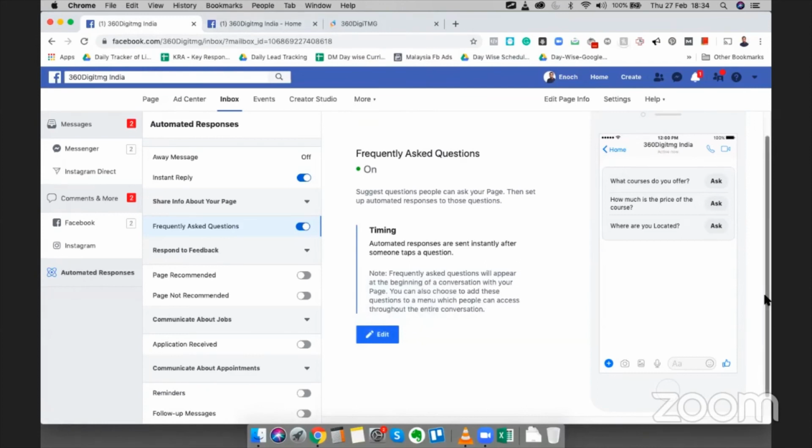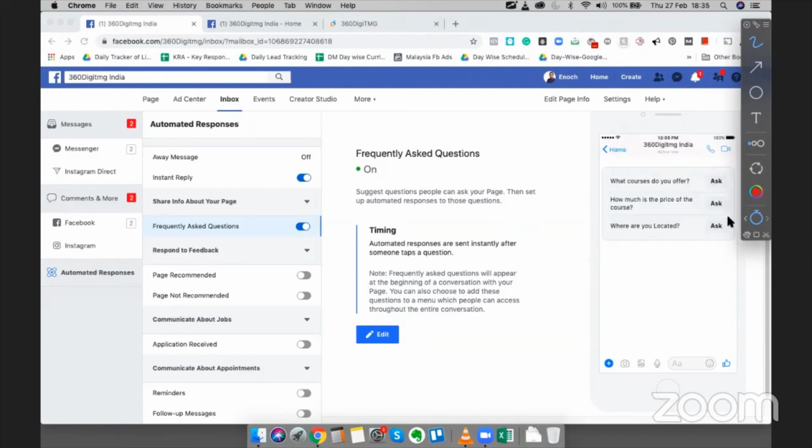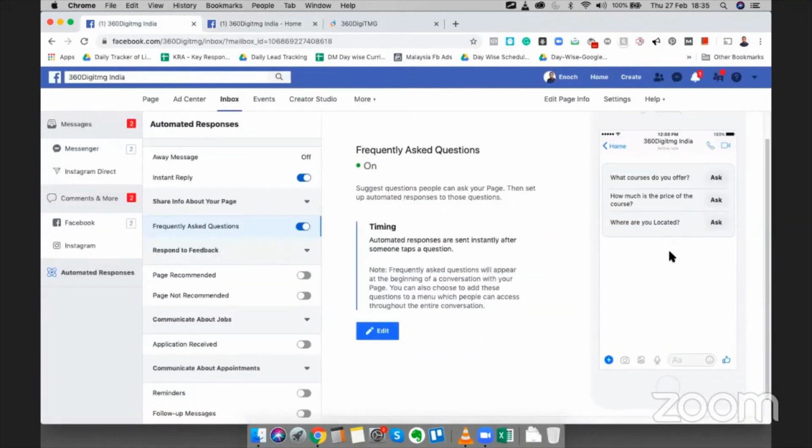So generally, this is how it would look. It would show you all the different questions that are already written, and all you need to do is tap on it. The moment you tap on it, it will ask itself this question. It will show you the answer as well. So I'm not sure how I can display that to you, but let's see. It's weird that you are unable to see it, but generally that's what we do.